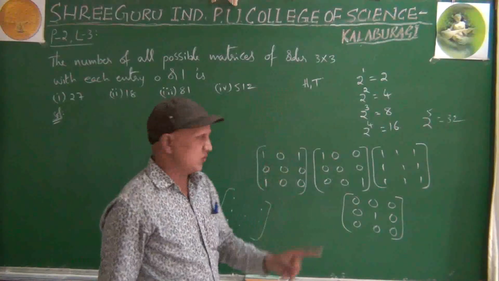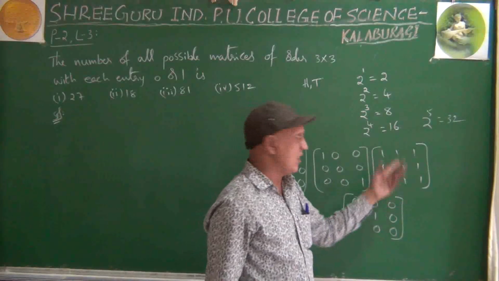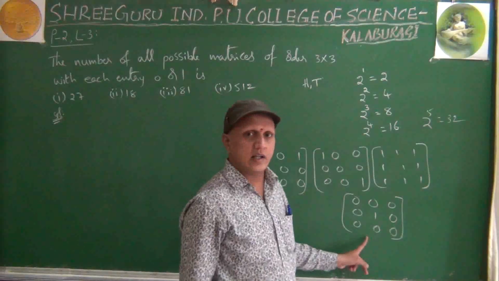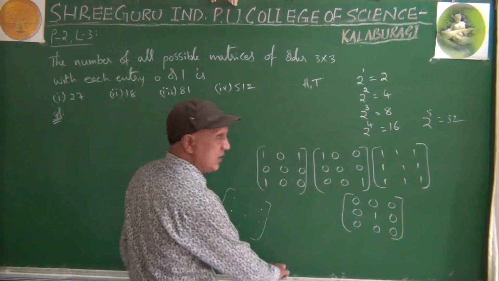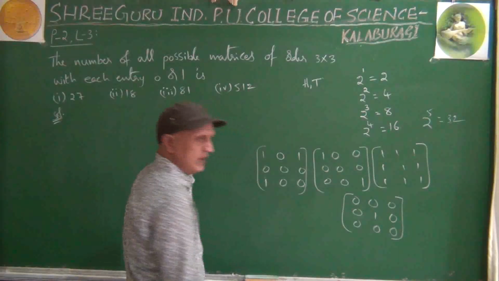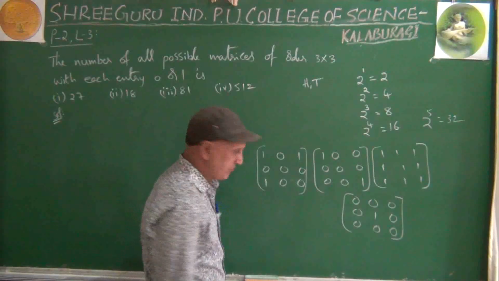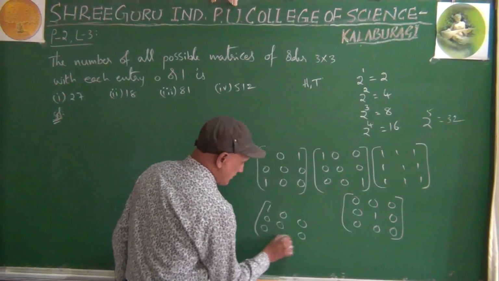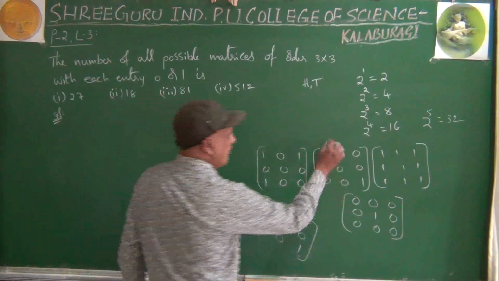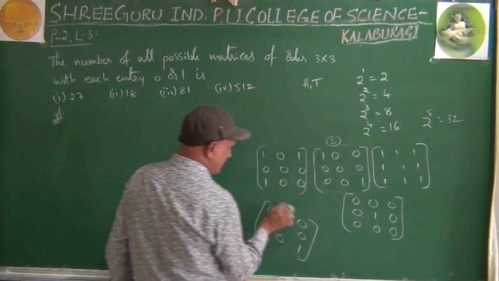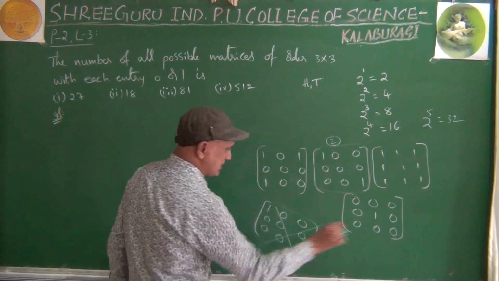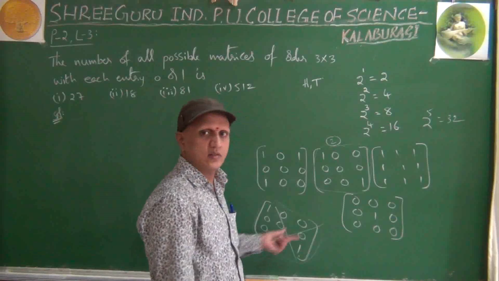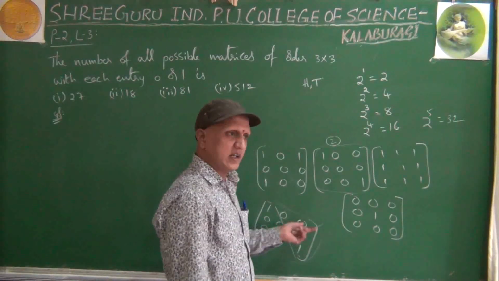Roll number 2 got a different arrangement. Roll number 3 got all 1s. Why not? It is possible. Roll number 4 came and got another. Roll number 5 tossed the coin and got the same as roll number 2. Since the same thing came already, we should not consider this one.